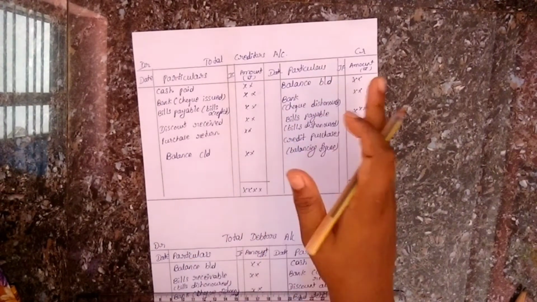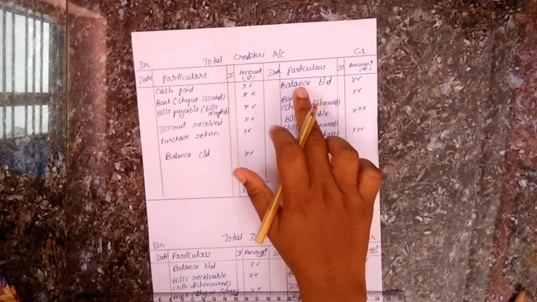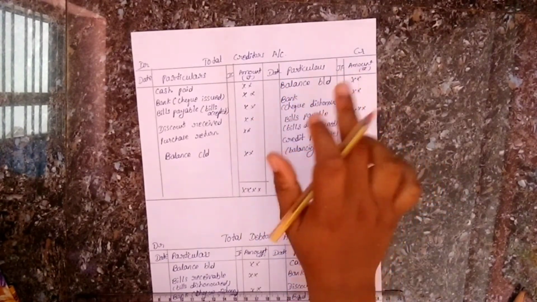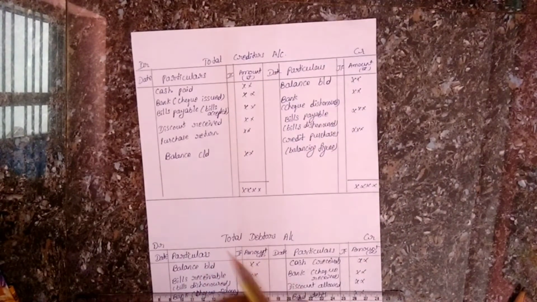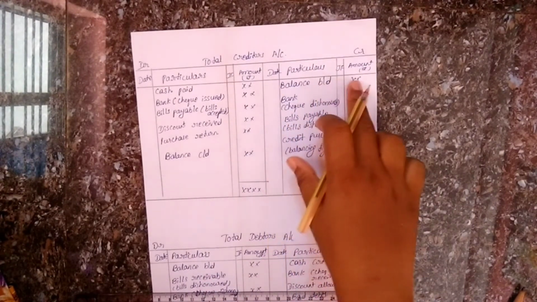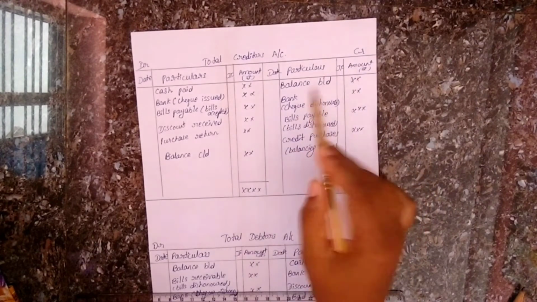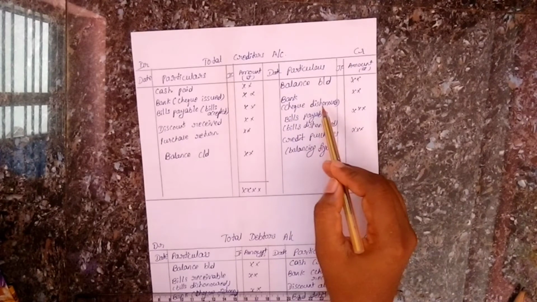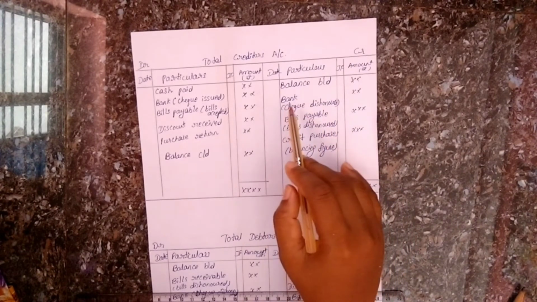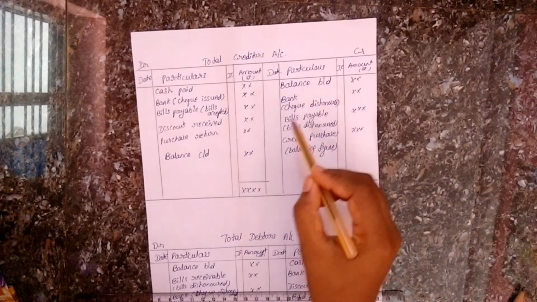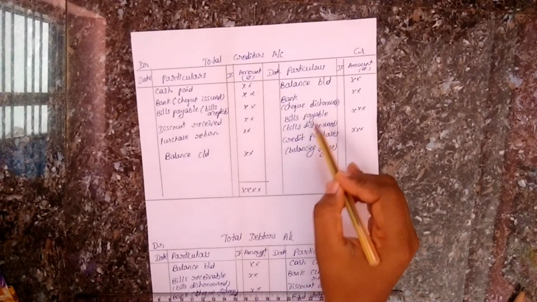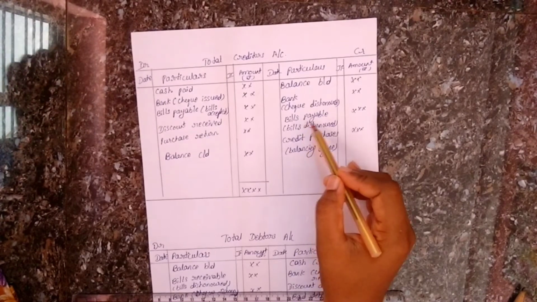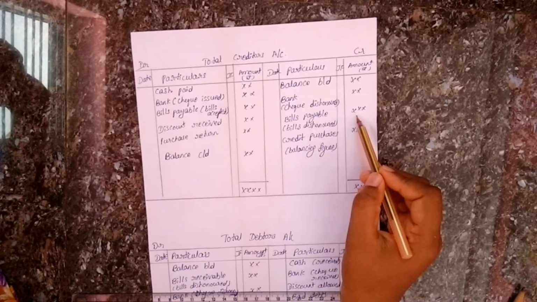Here in the credit side, we are first going to record by balance brought down. By balance brought down means the creditors amount at the beginning. Understand? Balance brought down, and here is the amount column. Next one is bank. If the cheque is dishonored, then we have to write on the credit side as by bank account and the amount. Next one is bills payable. If the bills are dishonored, then we have to write it as bills payable. So we have to enter the amount.